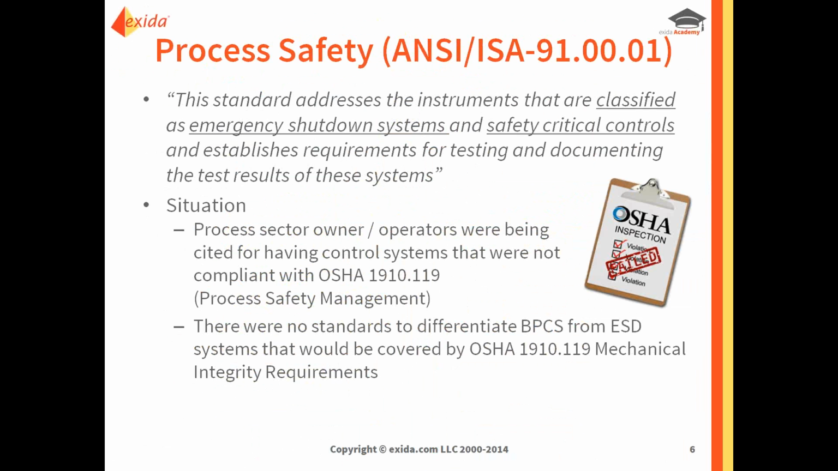What was its purpose? Well, the situation was that the OSHA PSM, Process Safety Management Regulation, had come out several years before, and process sector owners and operators were actually being cited by OSHA when they were being audited, cited for having control systems that were not compliant with the OSHA PSM regulation. At that point, OSHA didn't recognize a difference between the basic process control system or the SIS or the emergency shutdown system. They considered it all as control systems, and that it should all be compliant or meet the requirements